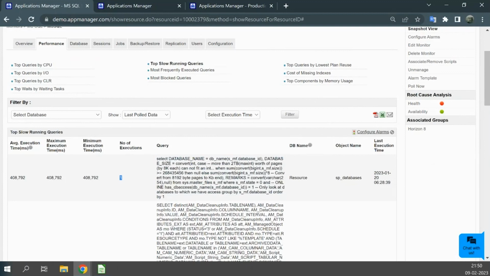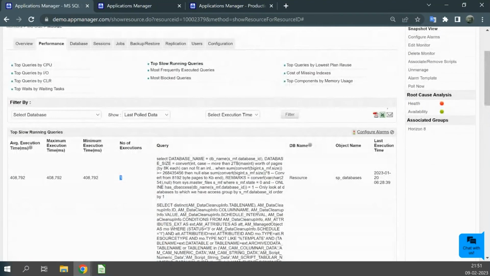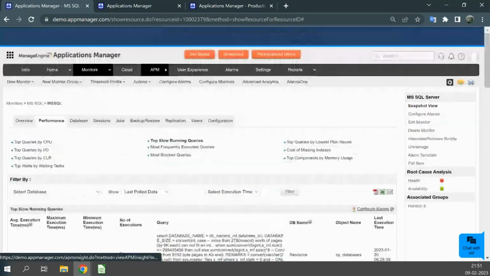So you can just share this query with your database team so that your database admin will optimize this particular query so that it will not hamper the performance of the database. Apart from that, you can also create a report for these particular queries. You can just generate the report here, either in PDF or the Excel sheet, and based on the respective